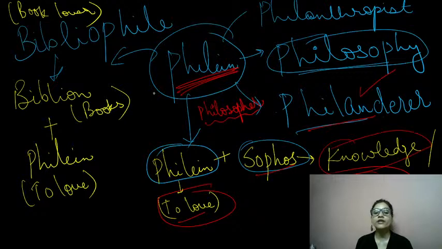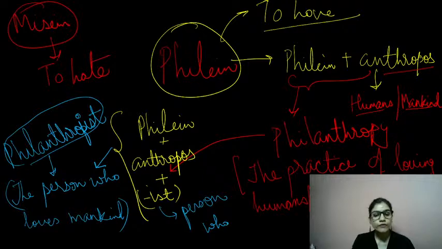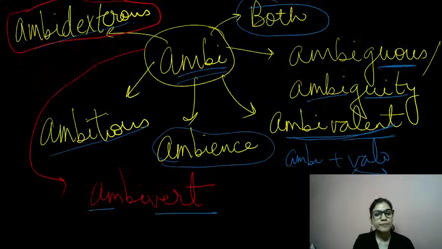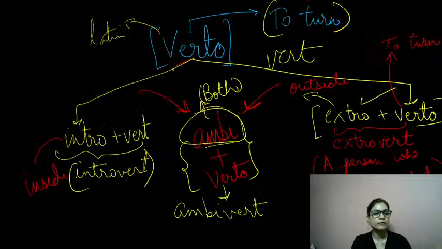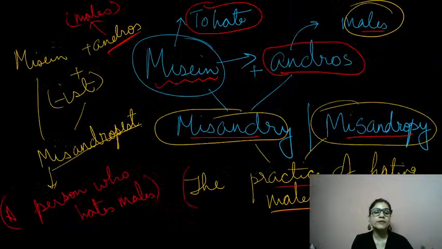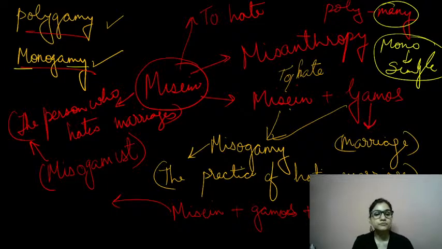If you remember these word roots, then naturally you will be able to coin words on your own. If a new word comes, you'll know how to relate it, because you know the word root, and the word will naturally come to you, right? So it's good if we work on these word roots first and then try to remember the words. And also, if you remember the word, try to relate it with a sentence or something where you can use it. That makes your memory more reliable, right?